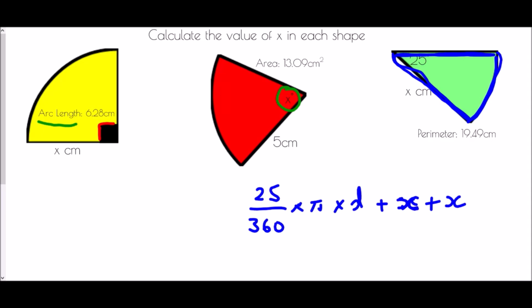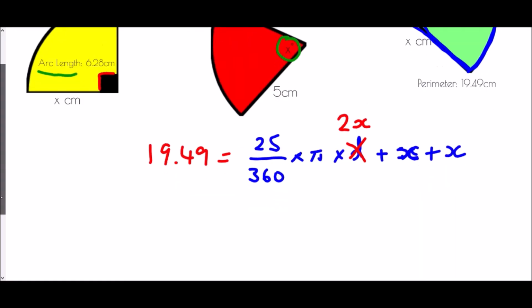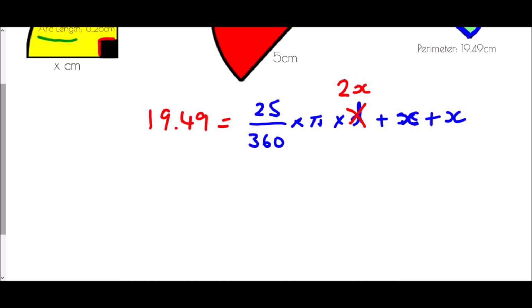Now, we know that the radius is called x, and therefore I'm actually going to replace diameter here with 2x. And what we know is that this expression must equal 19.49. Now, I will say at this point, this is an extremely tough version of these questions, because what you need to identify here is that we can't just do a division, because we have addition going on as well. And so what we're actually going to do, we're going to need to, first of all, simplify what we have